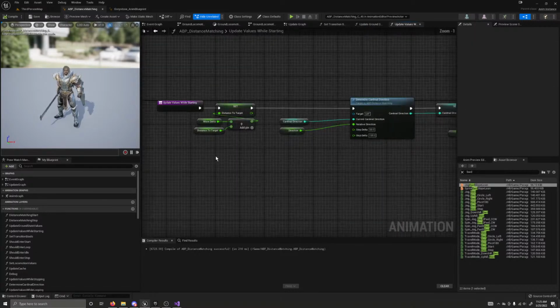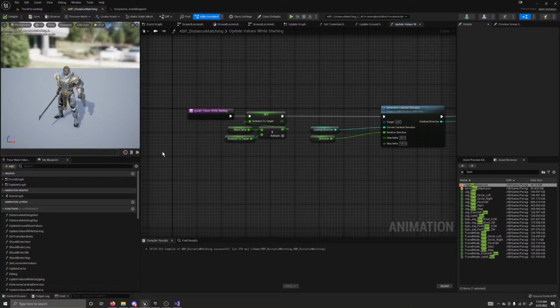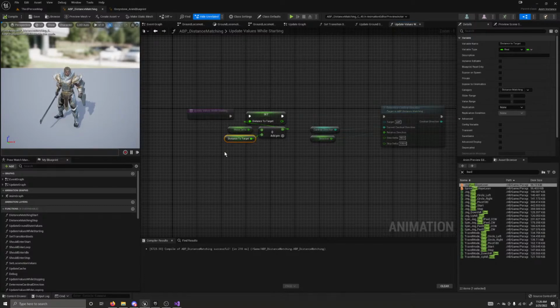And so we update values while we start. We update our distance to target, which is the move delta plus the distance to target. That is because if we just get the distance between our current location and a start location, that's just not going to work. We could run in a tight circle around it and never get out of our start state. So we don't even need to use a starting location here because the starting location is the actor location. So all we have to do is add up the move delta frame by frame to know how far we've moved. It's really the difference between,